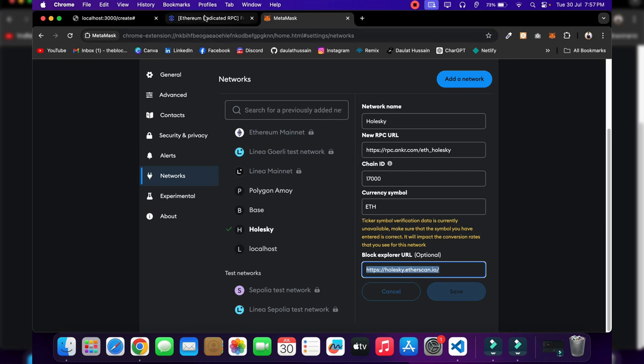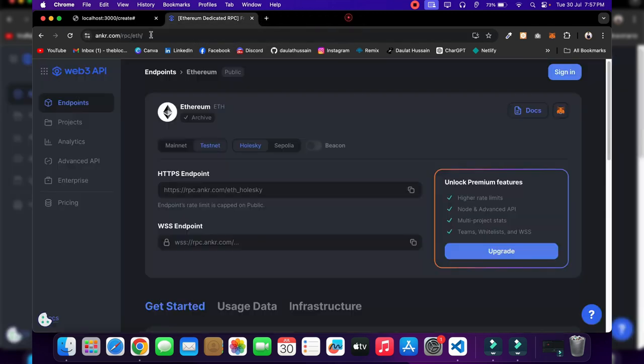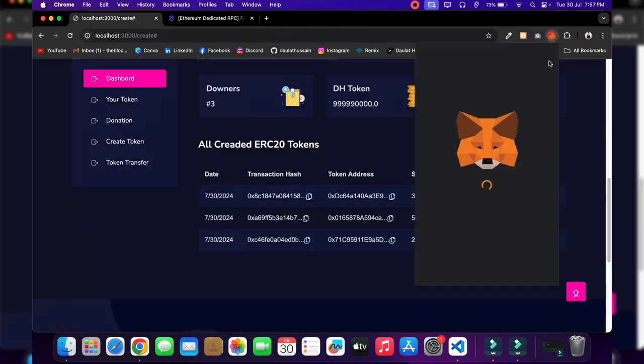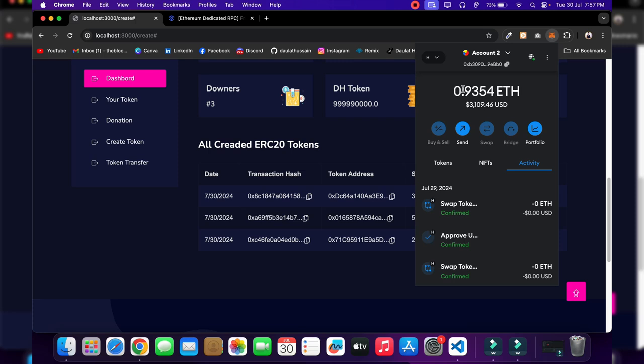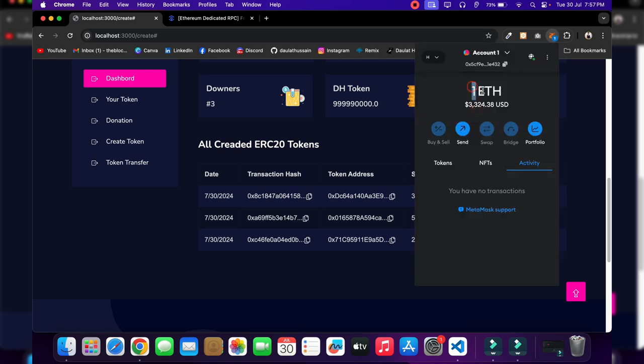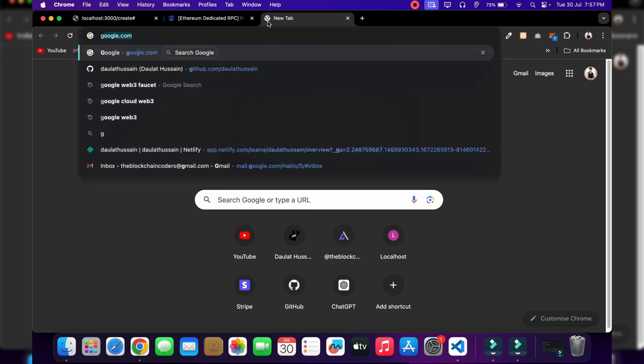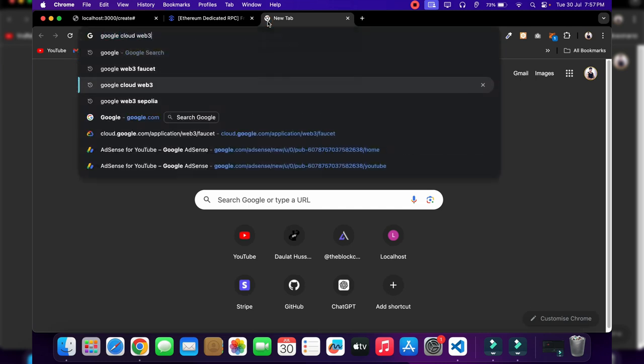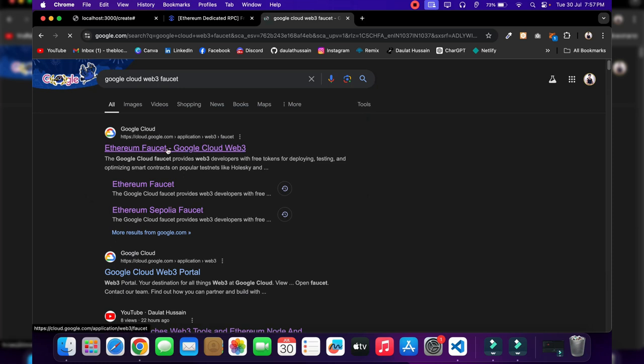So you can see that I already have funds in my wallet. If I open wallet 2, I already have this much fund. If I go to my wallet 1, you can see I have ETH. If you don't have it, you can simply use the product launched by Google Cloud for Web3 for getting free faucets. Simply come here, type Google Cloud Web3 faucet, and simply click on the very first link,